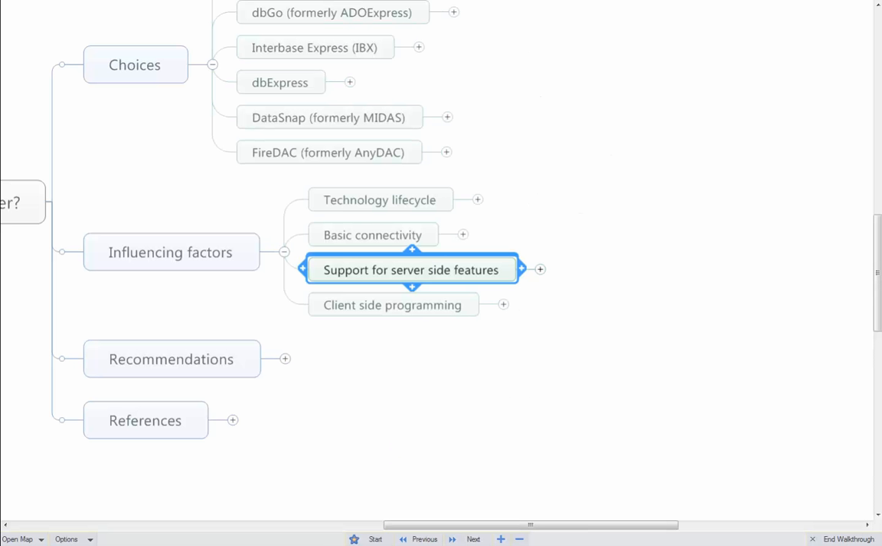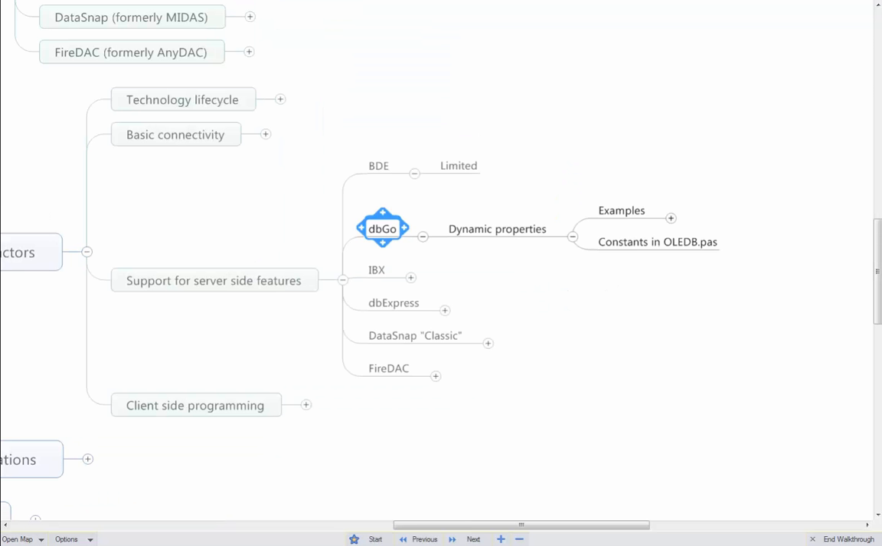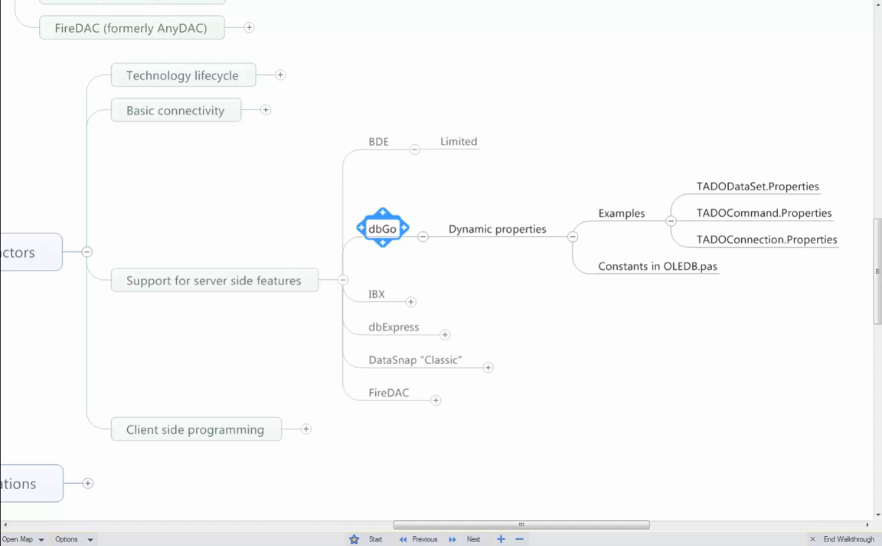The next factor you might want to consider is access to the advanced server-side features that your particular database server provides. The BDE gave you very limited access to these sorts of features. dbGo uses a system of dynamic properties through which you can send and interrogate specific features of your database server. On each of the ADO components, you will find a properties property, and that's a collection which you can interrogate